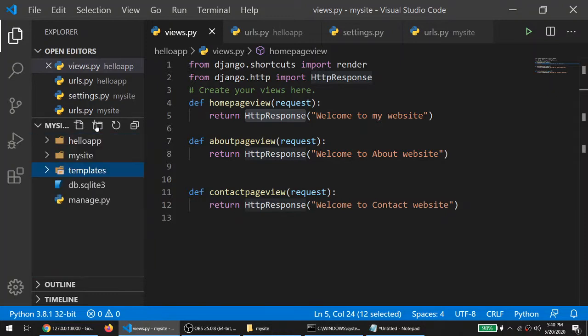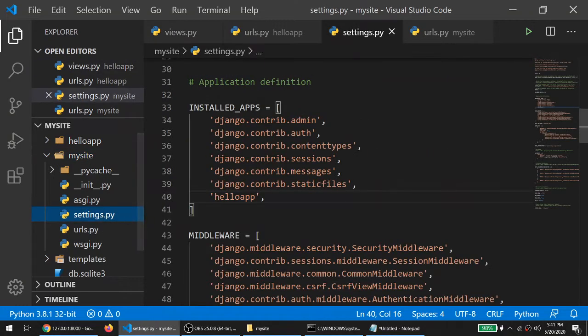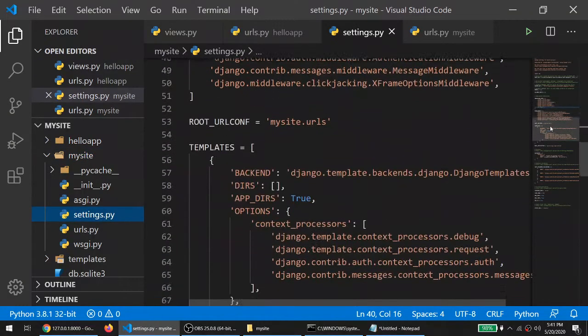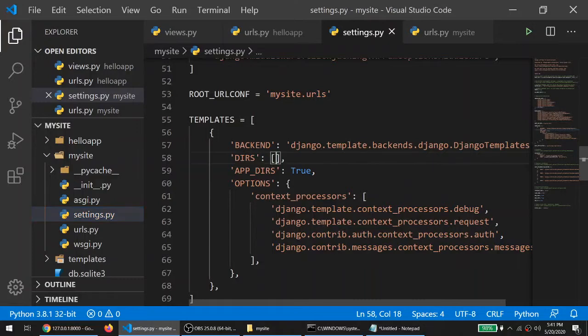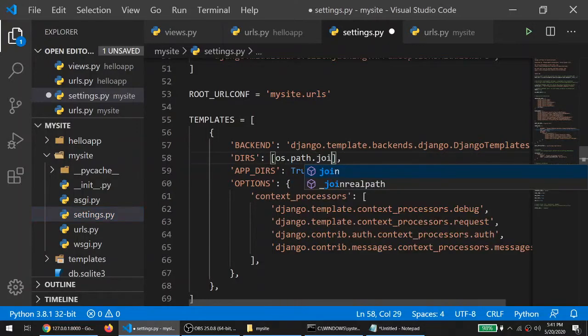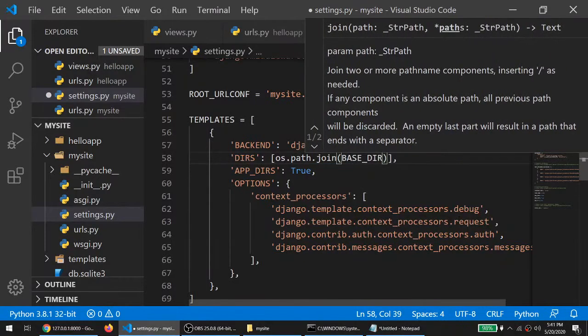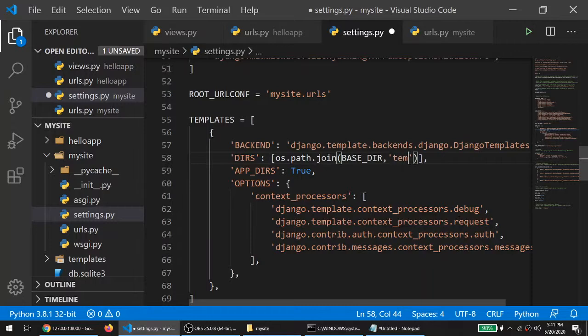templates. Okay. So again, we have to inform our project: hey Django, we have created one new folder and the folder name is templates. So just go to settings.py, go to TEMPLATES, and in DIRS you have to specify os.path.join, and here you concatenate your base directory with templates.